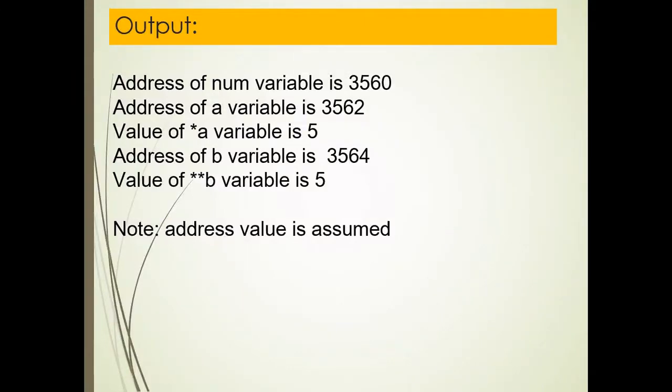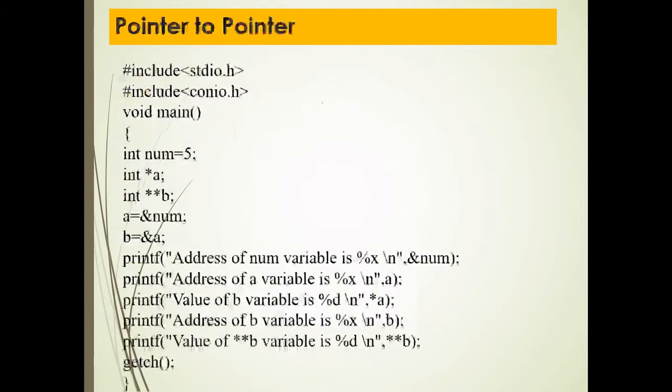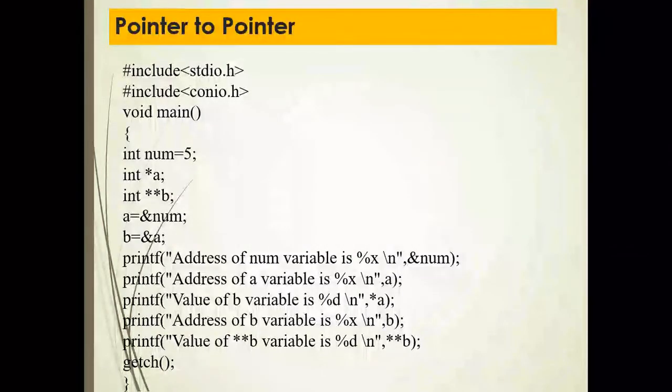So I have explained the concept of pointer to pointer variable by taking two examples with diagrams. I advise you to type the program and execute it properly, and make many modifications in the values and the different variables used, and try to understand the concept of pointers and pointers to pointers. When you practice, then definitely you will get the concept.